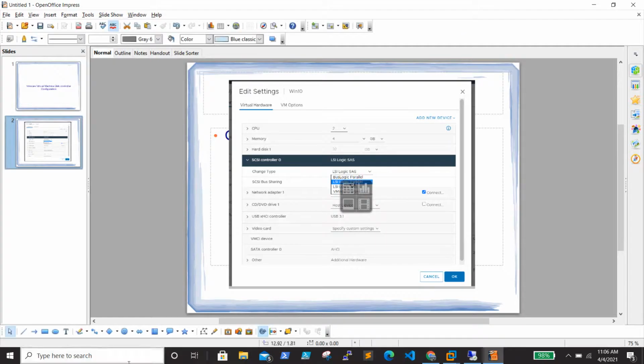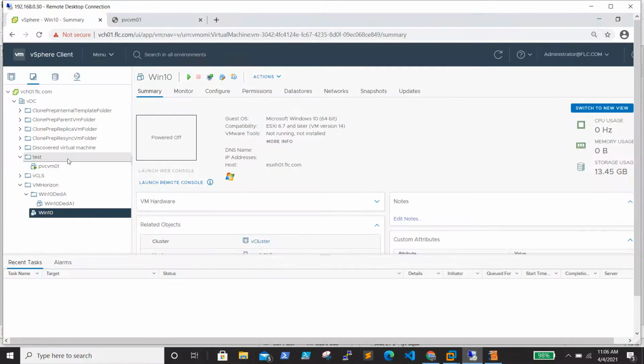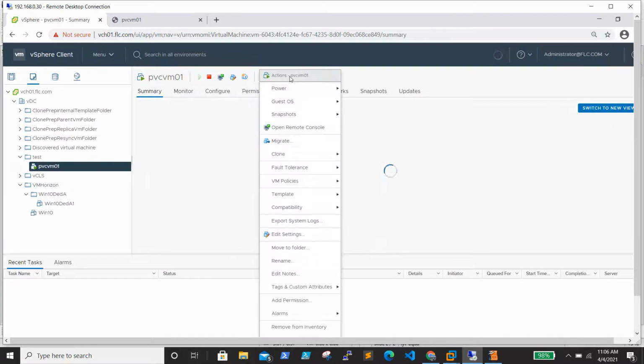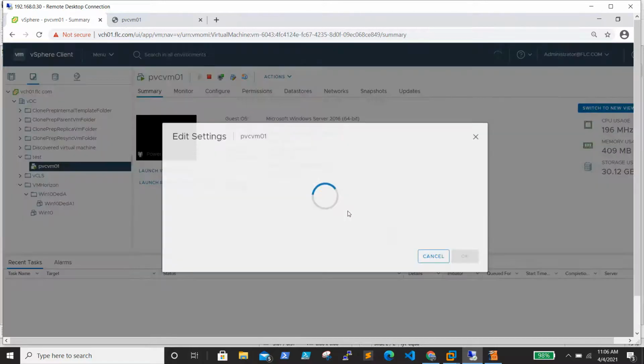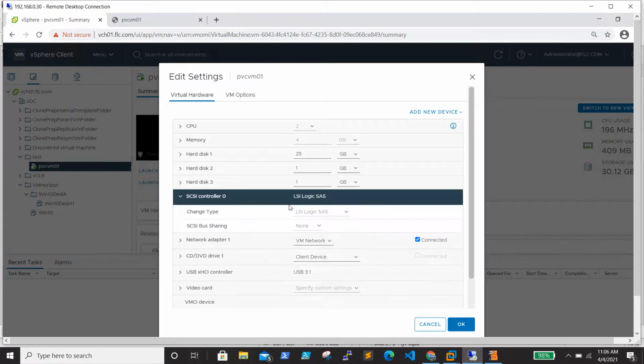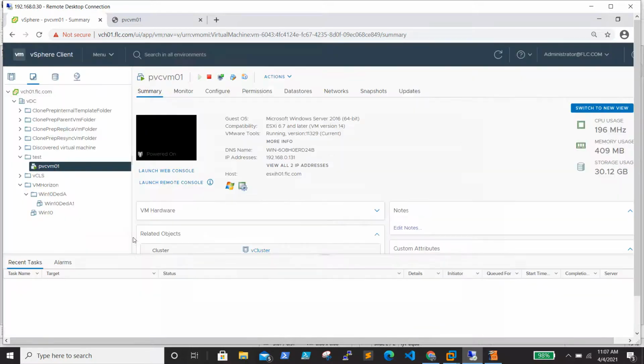For this video, we will see how to change the controller from SCSI SAS to Para Virtual. One thing you need to remember is that when the VM is powered on, you cannot change the controller. Let me show that. It is disabled at that time. If you try to change it, it won't allow you. There is no option at all. I will show another machine.